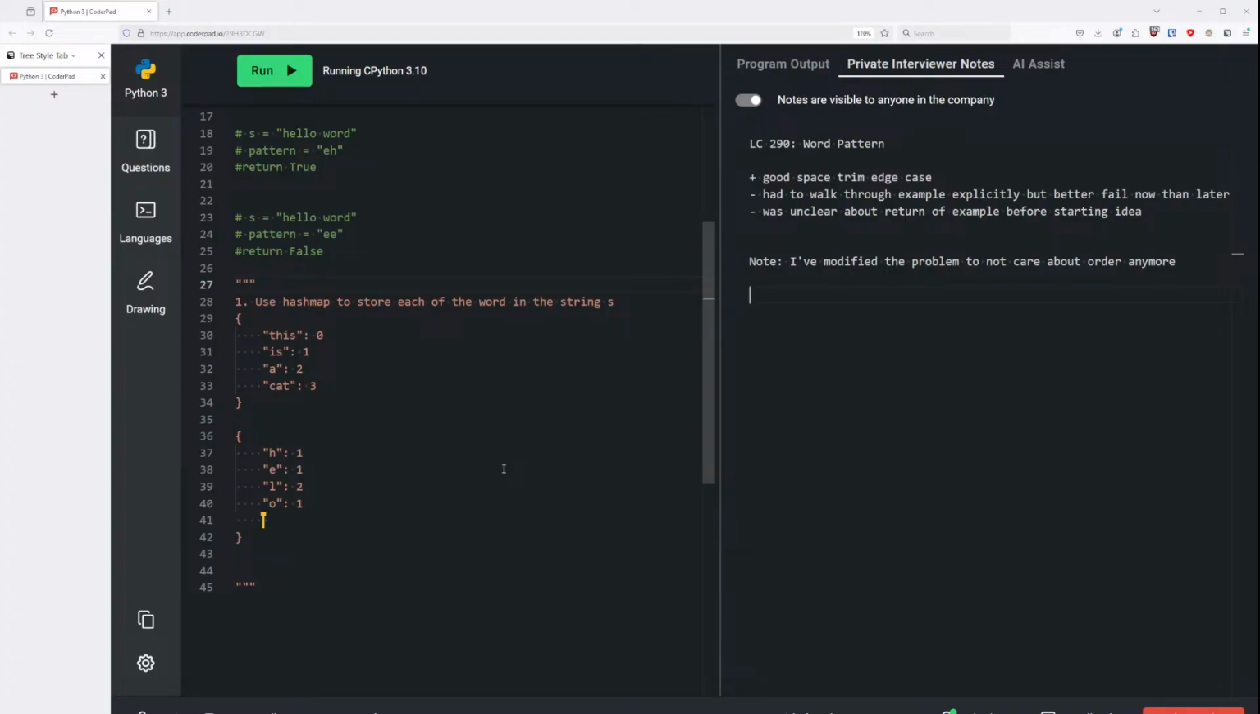So if we know the frequency of each character in the string, and then we also know the frequencies of each of the characters in the pattern, so that we can